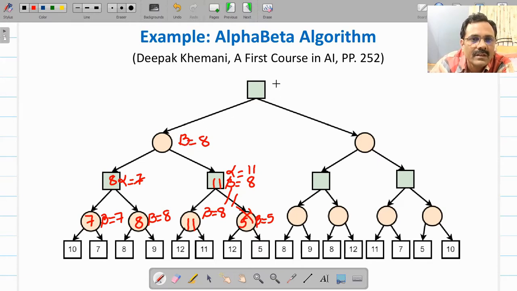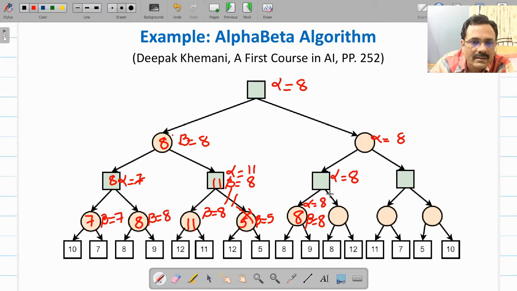So here now it will update the value of alpha to 8, because here minimum of these 2 is 8. So this node will have alpha value 8. So let us copy this value, here alpha will be 8, beta will be infinity. Now minimum node, minimum of these 2, 8, it will update the value of beta to 8, alpha is equal to beta. So again you will find that pruning will take place.